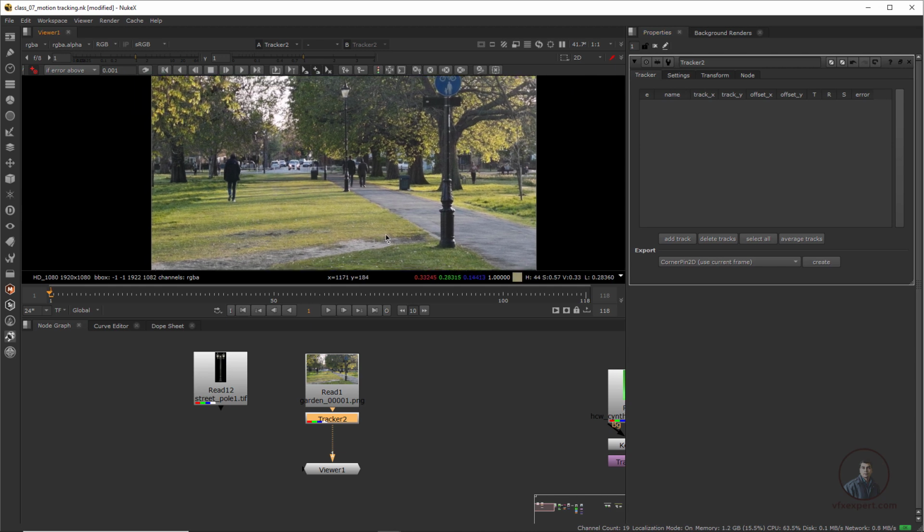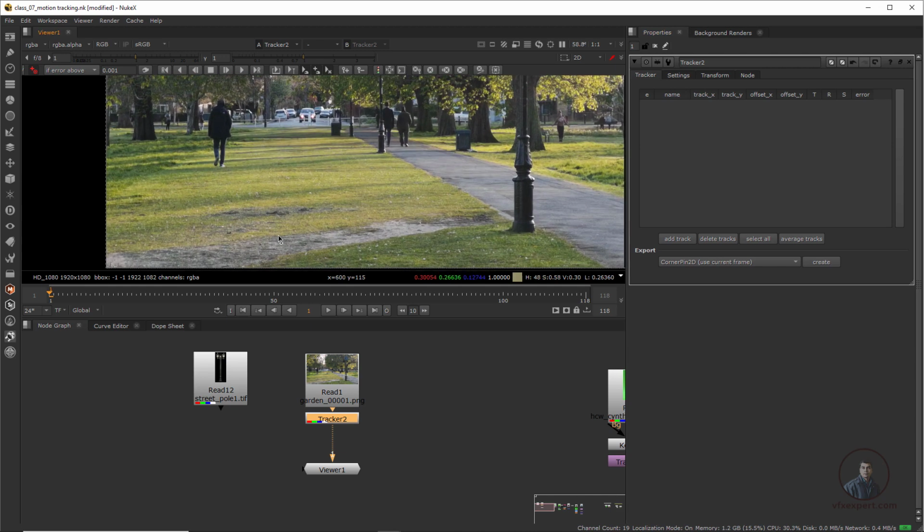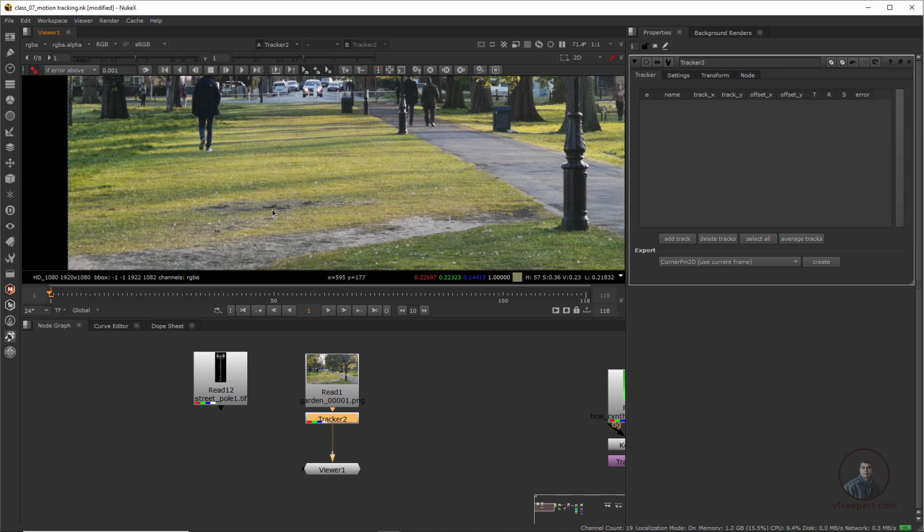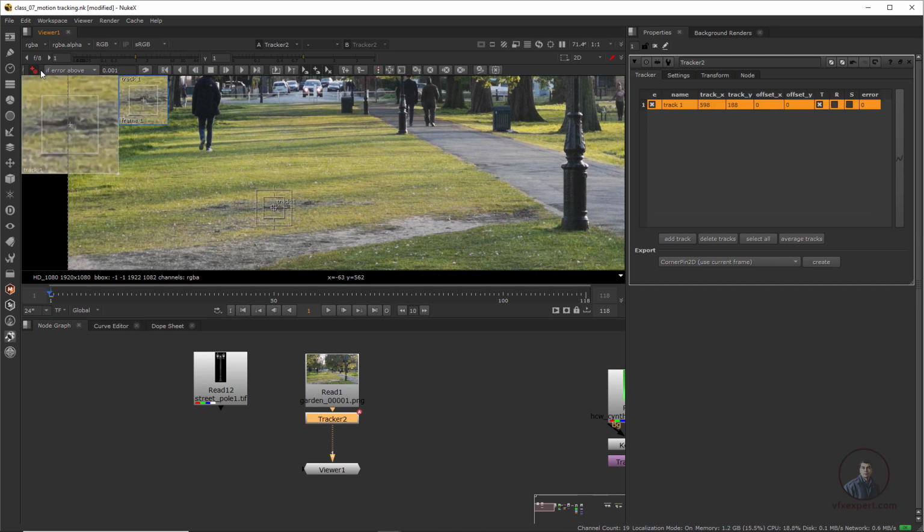Now first I am going to add our tracker. I want to track this point here. For this I have selected the add track option and simply click it here. Now I have added this tracker. Then switch off this option, otherwise, if you click anywhere, it will add another tracker. Then we have to adjust this pattern size and pattern area according to requirement. Then we have to place it at the perfect position, and even from our zoom window we can easily place it at the perfect position. Like this you can place it here.